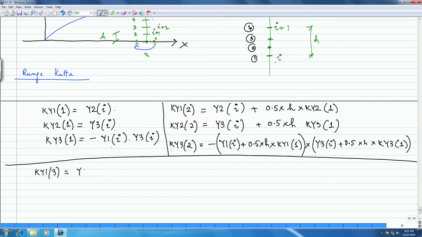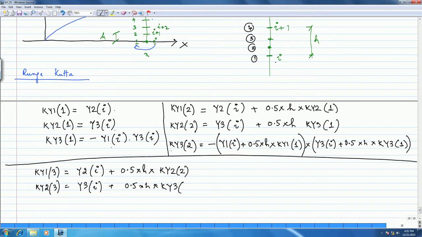So you have to use original values here. So again, y2 I, plus 0.5 into h into ky2 2, right. So now it's just at the previous location. Then ky2 at third point is y3 plus 0.5 into h ky3 2, okay, and